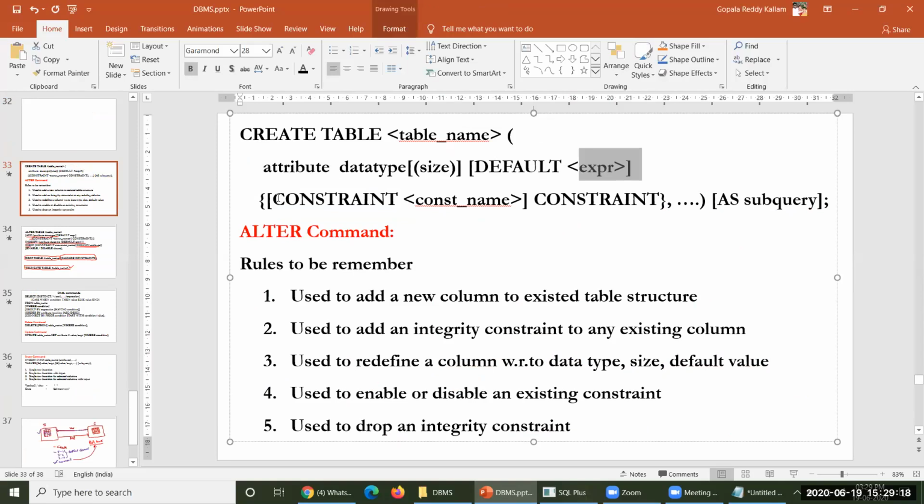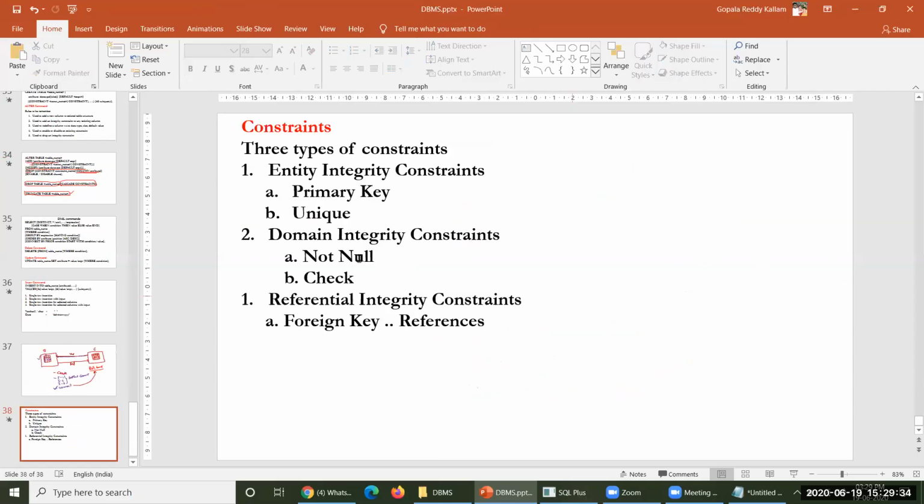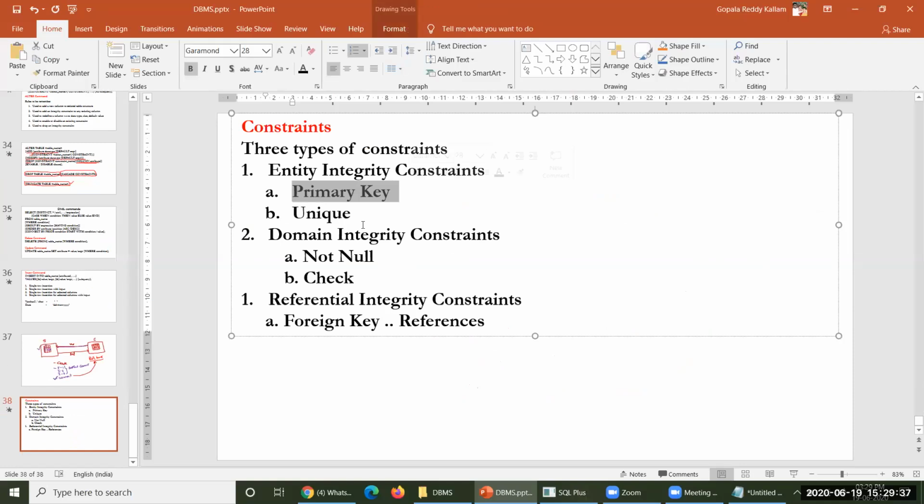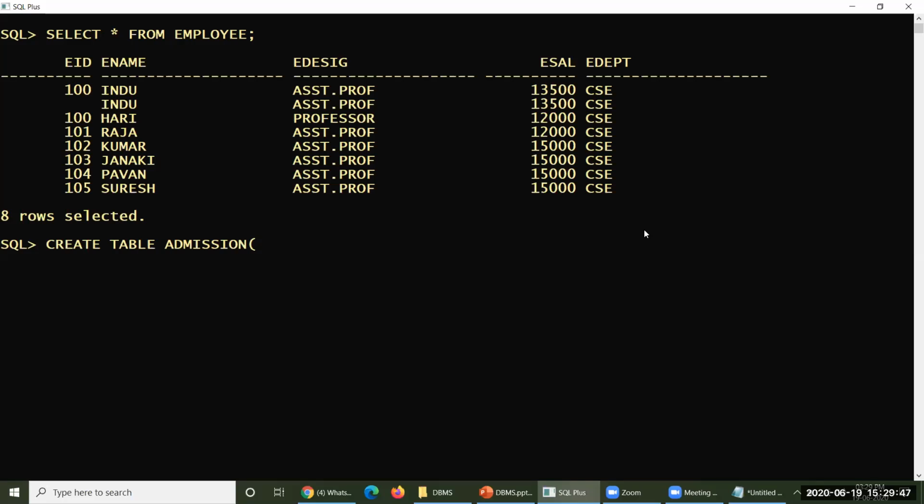Now come to this one, constraint name followed by constraint. I am not interested to give this particular data at this moment. I will give you only the constraint. So here the constraint names are these: primary key is one constraint name, unique is another, not null is another, check is another, foreign key is another. Okay, these are the constraint names. Then how could you give this one? Admission is my table name,